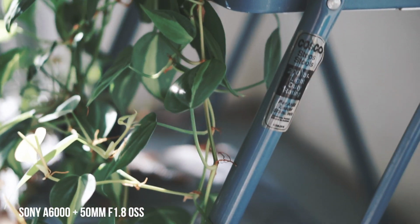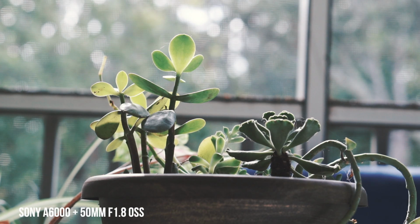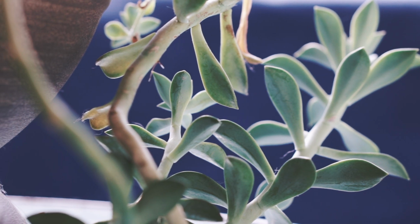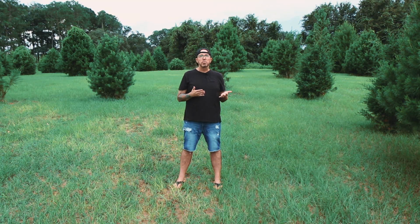I mean, you've got Sony with some of the world's best autofocus cameras, and yet this lens took like 10 minutes just to focus, if it ever focused at all. But that was before the firmware update, so out of curiosity, I decided to give it a try, and man, was I surprised. The firmware update took a lens that was barely usable for video and turned it into one of my favorite